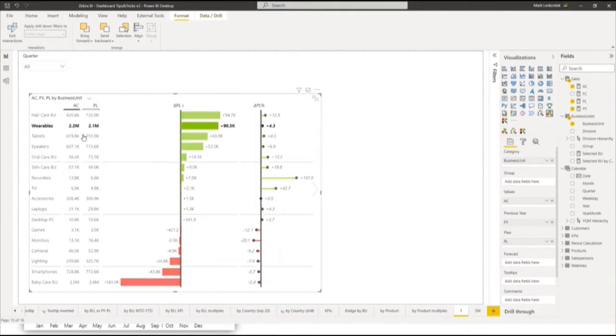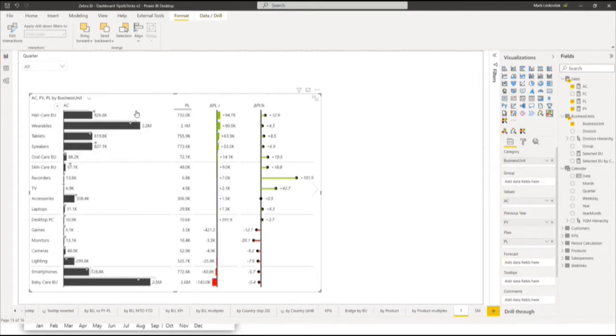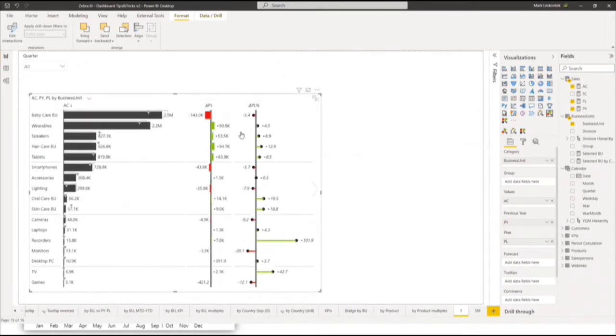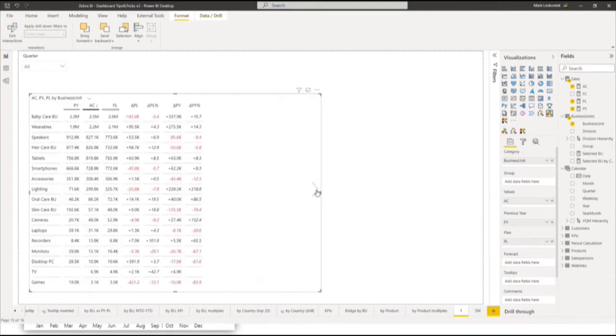all three comparison columns, so the actuals, previous year, and plan, in one, let's say, overlapped bar chart type. So in this particular view, you can see that the actuals are here at the forefront, and then the plan is in the back, and you can see the markers for the previous year. But if this particular view is not something that is needed, and you want to combine this with another one, you can, of course, just quickly switch between this one, the highly, let's say, visualized one, and a simple table